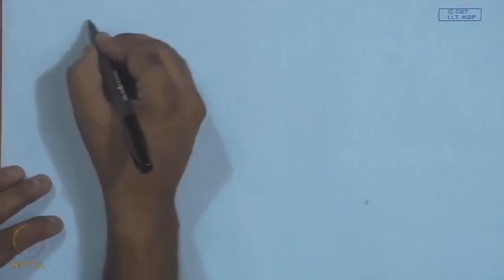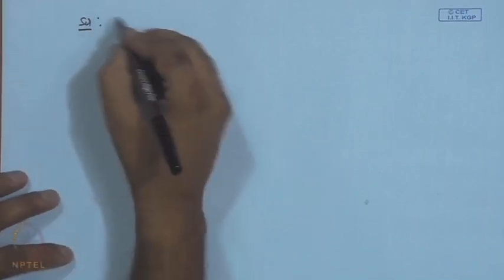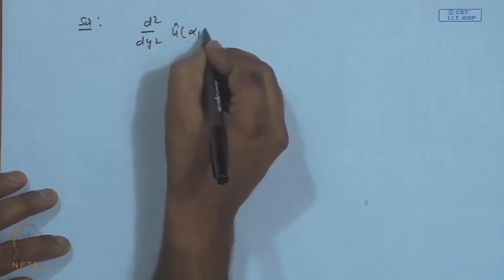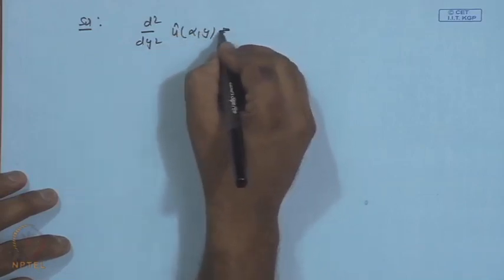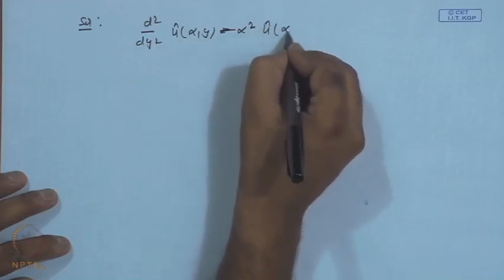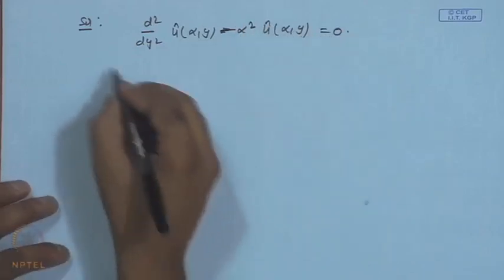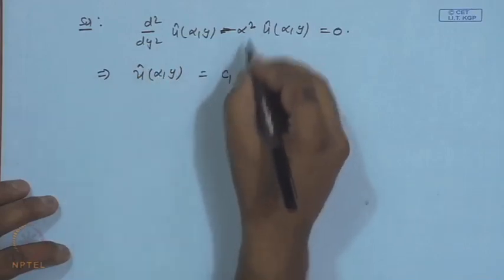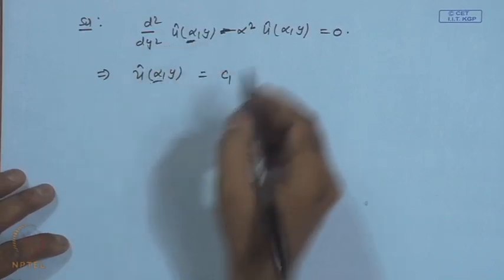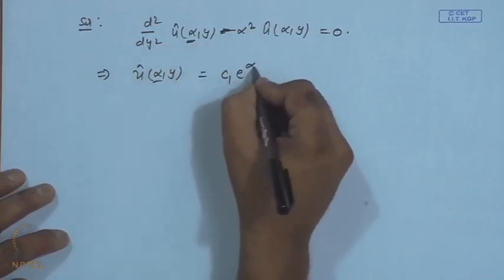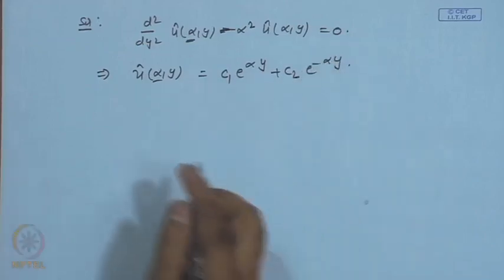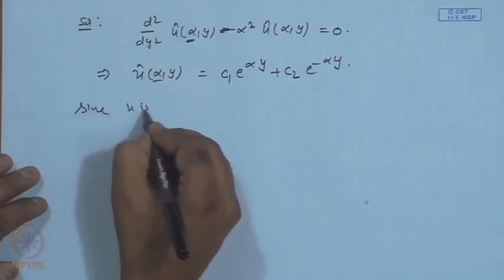I will directly write it after taking the Fourier transform with respect to x: d²û(α,y)/dy² − α²û(α,y) = 0, and its solution is û(α,y) = c1 e^(αy) + c2 e^(−αy), and the condition is given that u is bounded